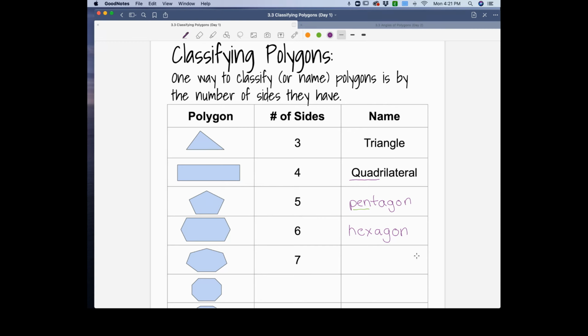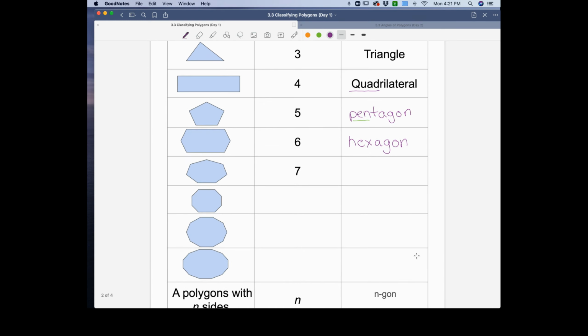A 7-sided figure, well, this actually has 2 different names that we can go with. And so you'll find over time that a lot of math comes from Greek or ancient Greece or ancient Rome. And so the ancient Greek word for a 7-sided figure is a heptagon. But the ancient Roman word for a 7-sided figure, so that in Latin, if you study Latin, it's called a septagon. And that has to do with the Latin word for 7, which is septem. If you study a foreign language, Spanish, Portuguese, or French, you'll see that that word for 7 in their language